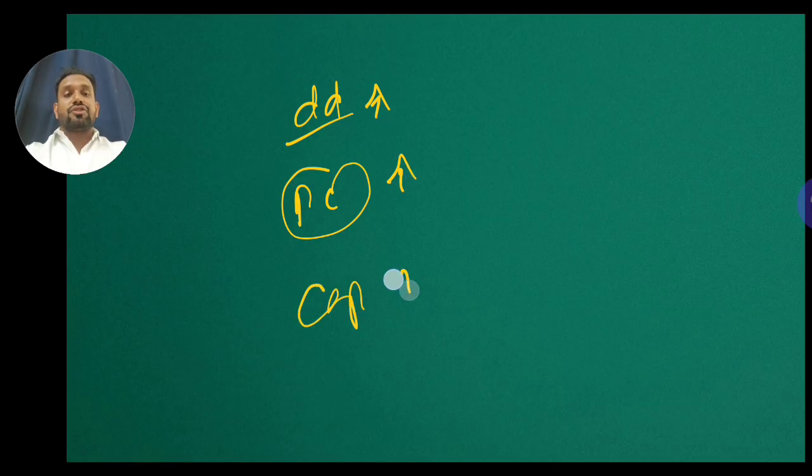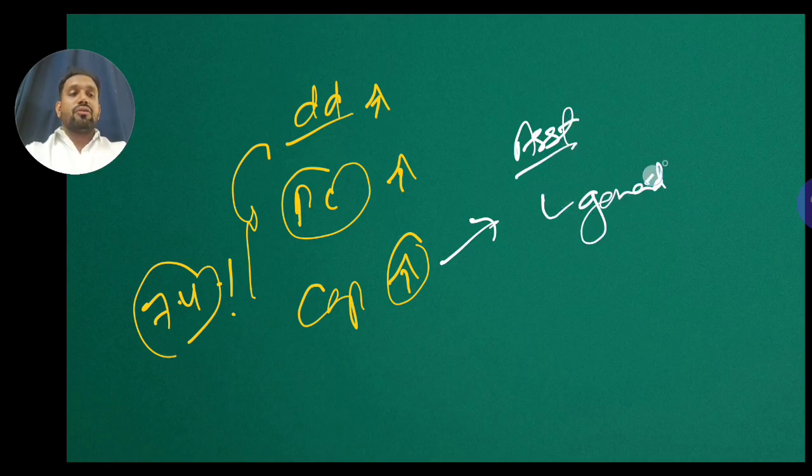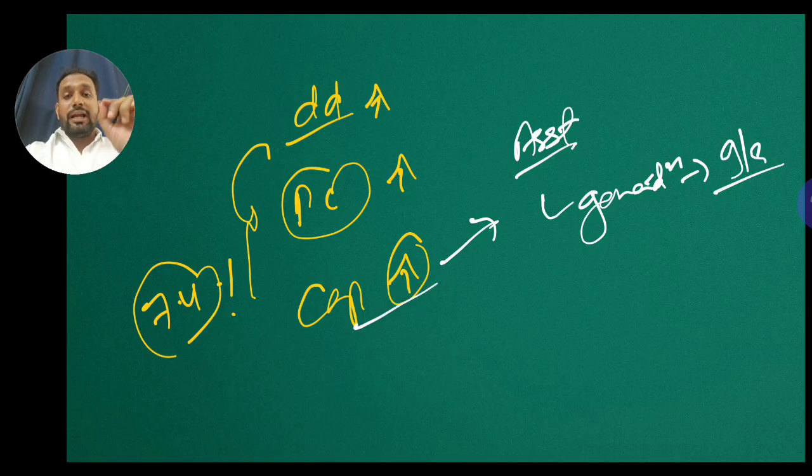So the survey says that domestic demand of the country is increasing, private consumption is increasing, capital formation is also increasing. All of these are leading to the 7.4% growth rate. Now let us discuss the meaning of capital formation. Remember this point: any asset you put to use for generation of goods and services, to produce goods and services, is called capital formation.